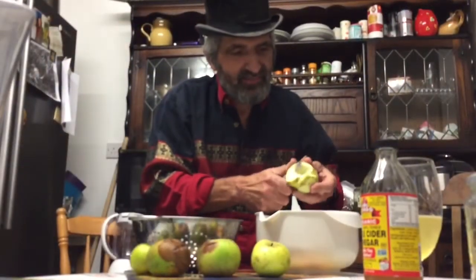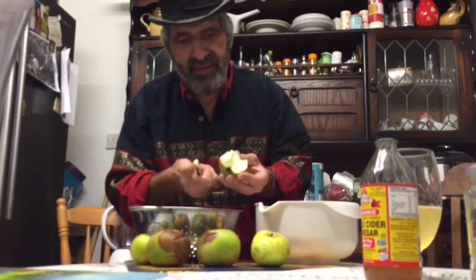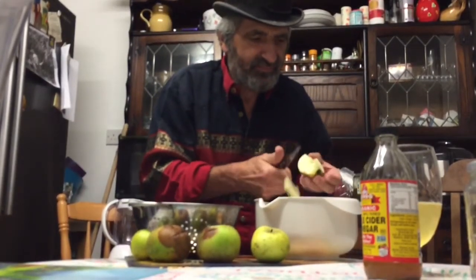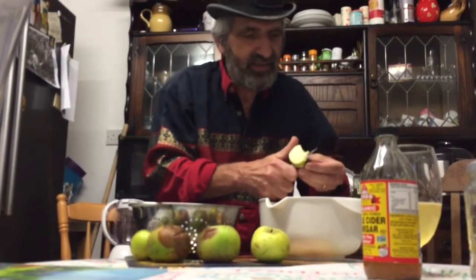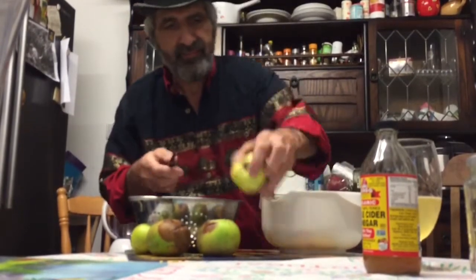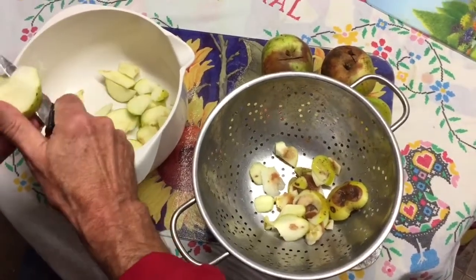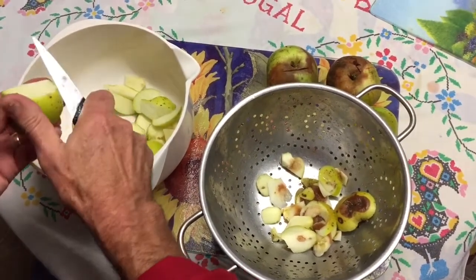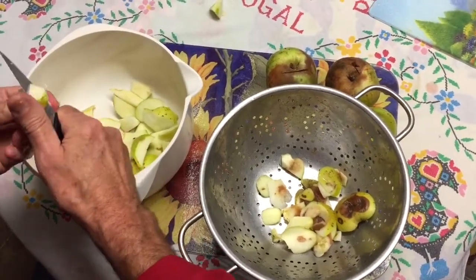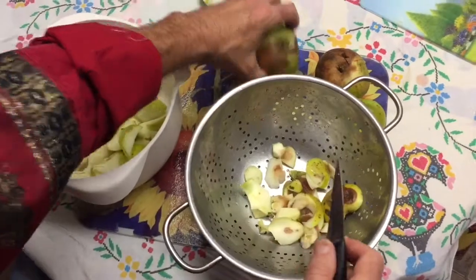Continuing cutting them up into small slithers. We'll take off the bad bits because I don't want too much of the bruised bits. Probably won't make too much difference, but this is the design. And another one. Cutting them up into little bits like that. Now I probably could have included the cores, but I'm not going to because it makes it harder, because I'm only making it in a fairly small quantity. It's always better when you're making something like this to make it in large quantities, but